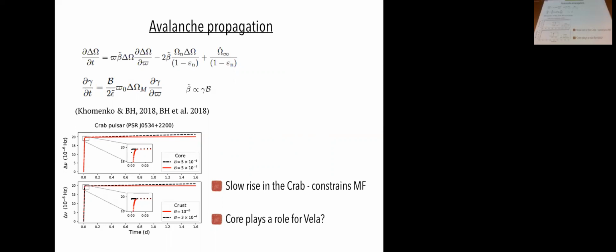And the indication when you do this, and other kinds of calculations, when you look at the activity of the Vela pulsar, so how much spin down has been reversed over time by glitches, is that this is actually more consistent with the core also playing a role in some of these pulsars. So then you really do need to understand this coupling with the flux tubes. Okay, so this is the idea of the models that we develop, but of course, every time I've put in mutual friction, I've just assumed straight vortices and laminar flow.